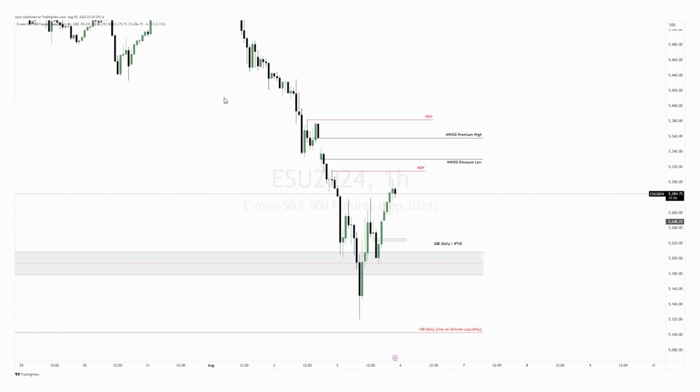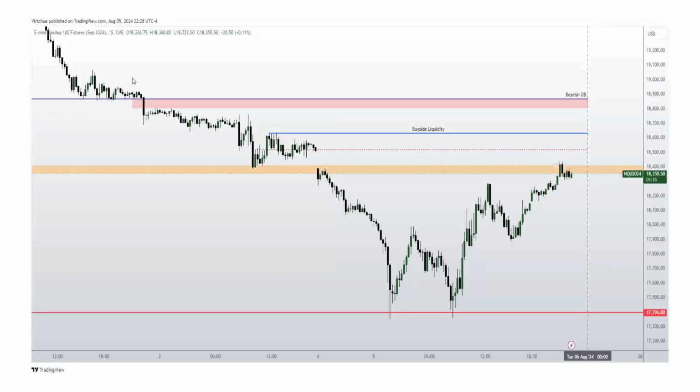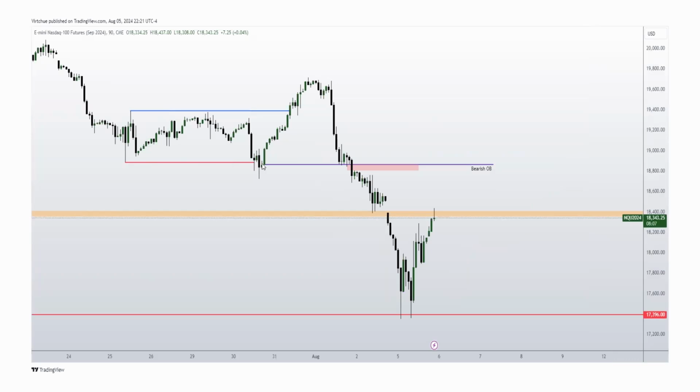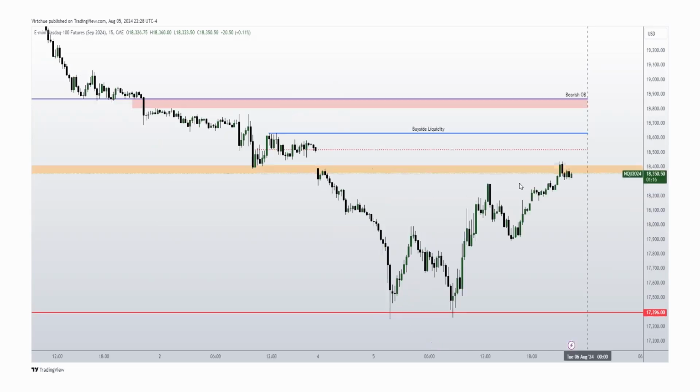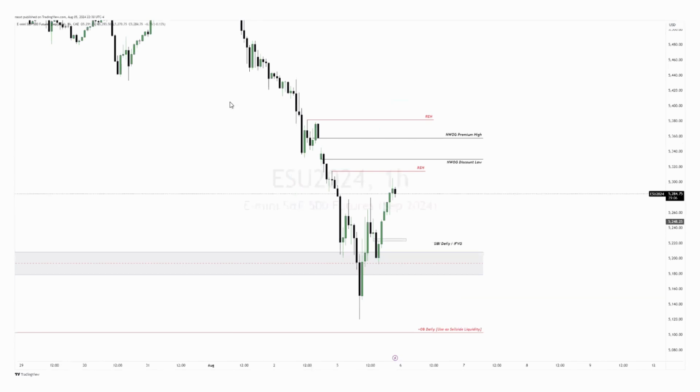Yeah, that's about it for the hourly. An interesting mention that Alan was talking about, a couple slides back, this one. You see how we take out sell side liquidity here on NASDAQ. ES actually creates equal lows and they save them for later. So there's a little bit of study there for you guys. It's a red flag when I see one make equal lows and then one purge it. I just think of the move up as a manipulation for them to take it out later on either index. So that's happening on NQ in relation to S&P.